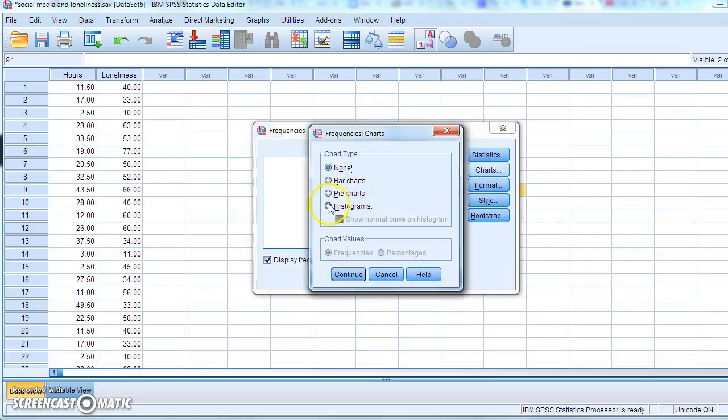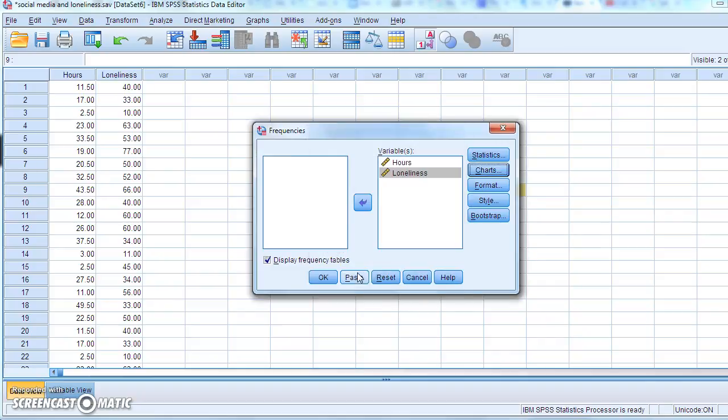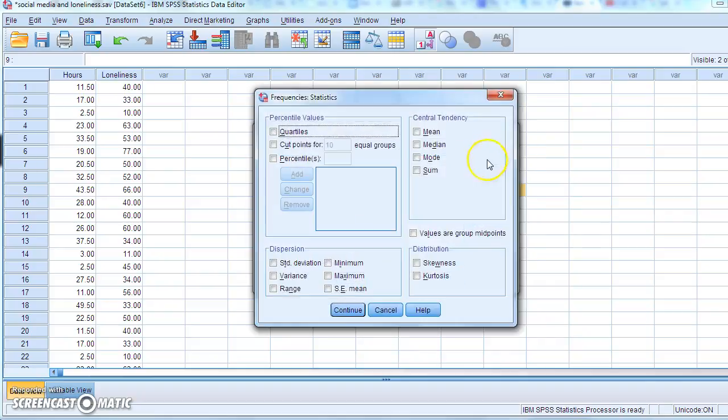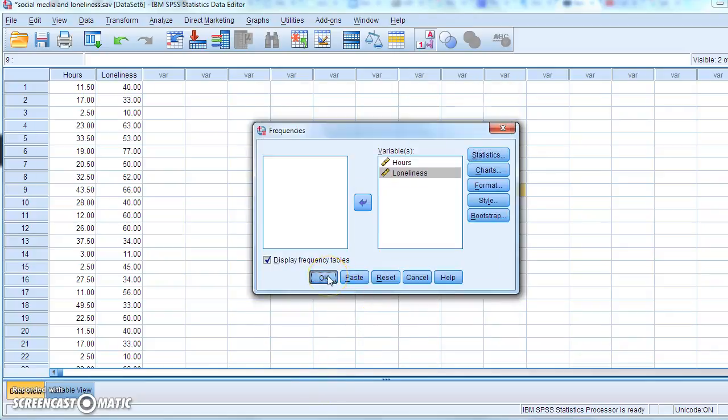So let's move both of these things in here because we want to know whether both of them are skewed. Let's get some charts. So let's get a histogram and click this normal curve, so it gives you some idea about whether the data are normally distributed or not. Continue. And then statistics, we want just to begin with to ask for skewness. When you're measuring relationships, you're not really comparing means, so means aren't that helpful. It might be worth reporting them just to give you some idea about where people tend to score high on hours or low on hours, but we're not comparing means, so that's not as crucial. We're looking for a relationship. So we've measured skewness, and we can simply say continue, and then OK.